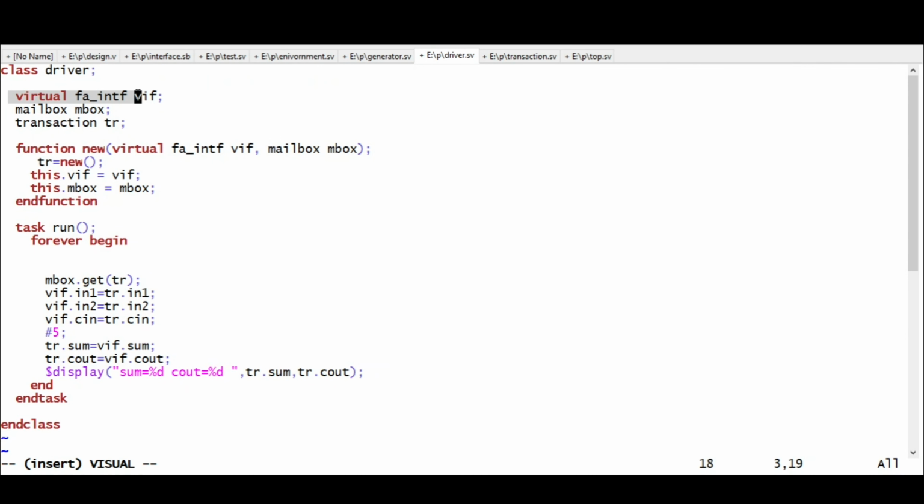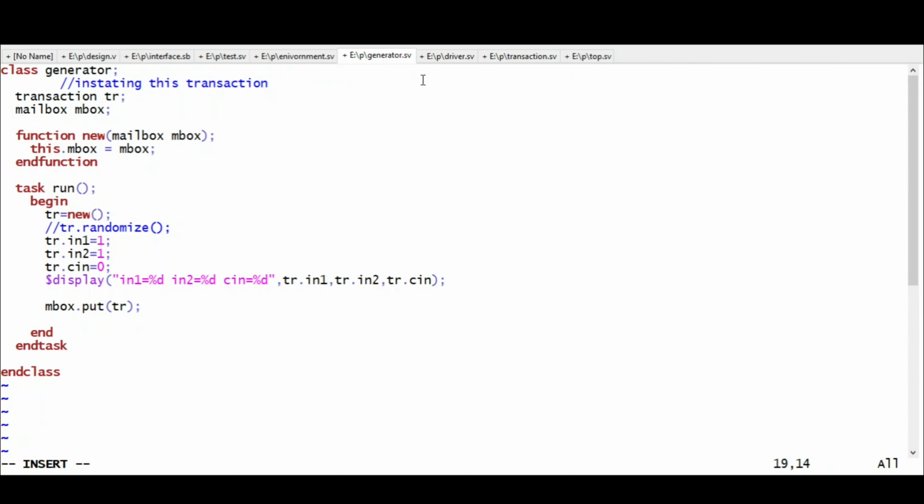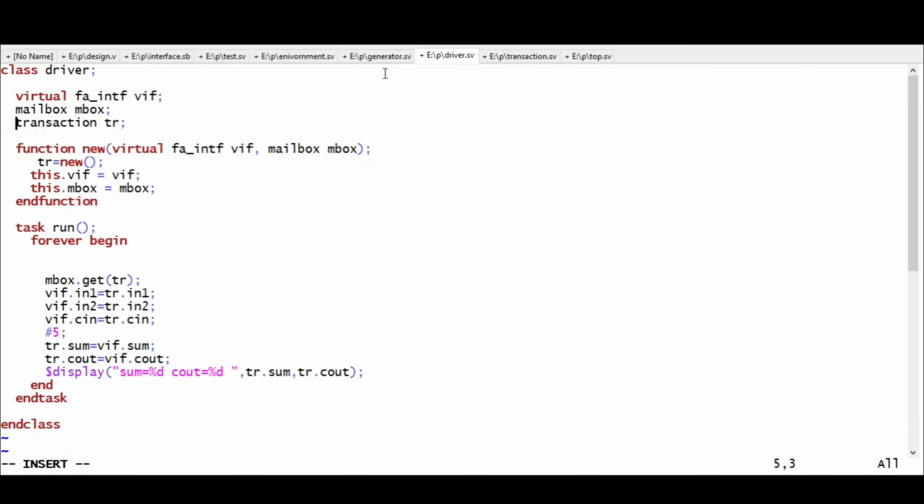So we will declare it as a virtual type, and we will again declare the mailbox and the transaction class. I hope you remember what we did in the generator. So similarly we will do here in the driver. Now we have sent the transaction from the generator, and we have to receive the transaction in our driver. So in order to receive our transaction, what we will do is,